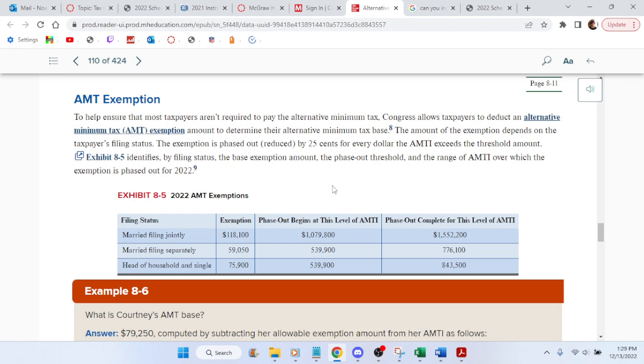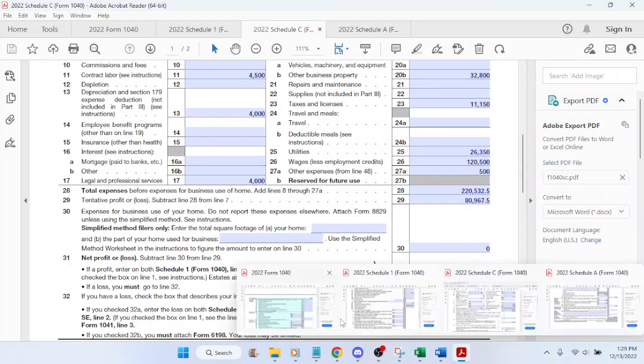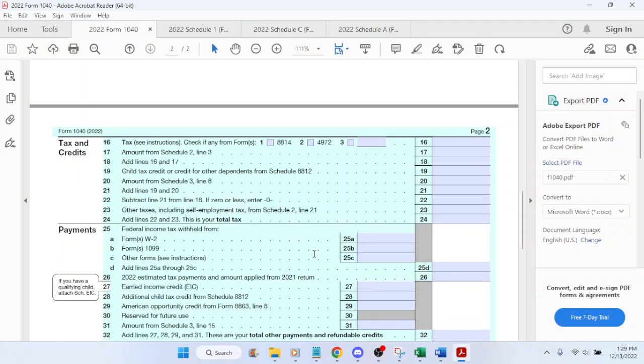Although their taxable income right now is what? Their taxable income is like 120 something thousand. So they might actually have to pay it. This is insane. What? Wait. But anyways,